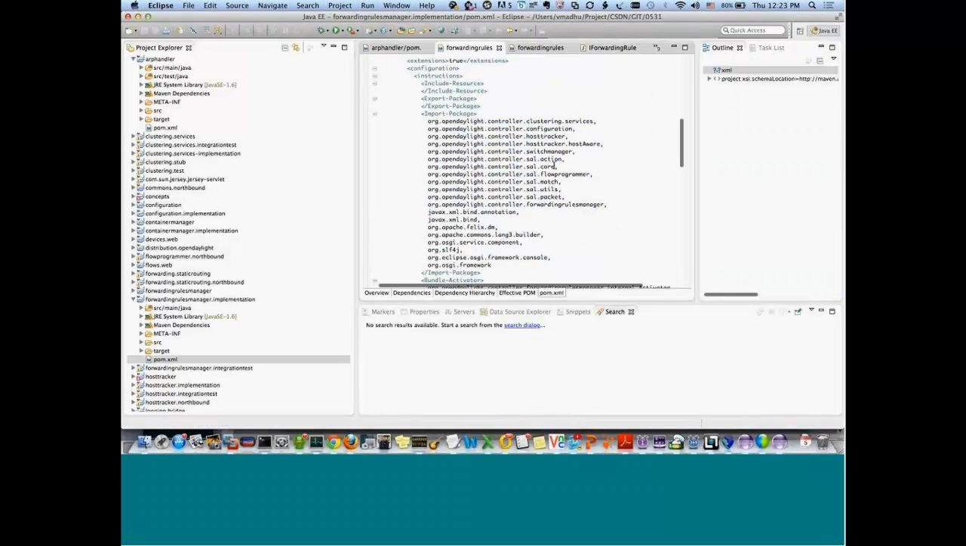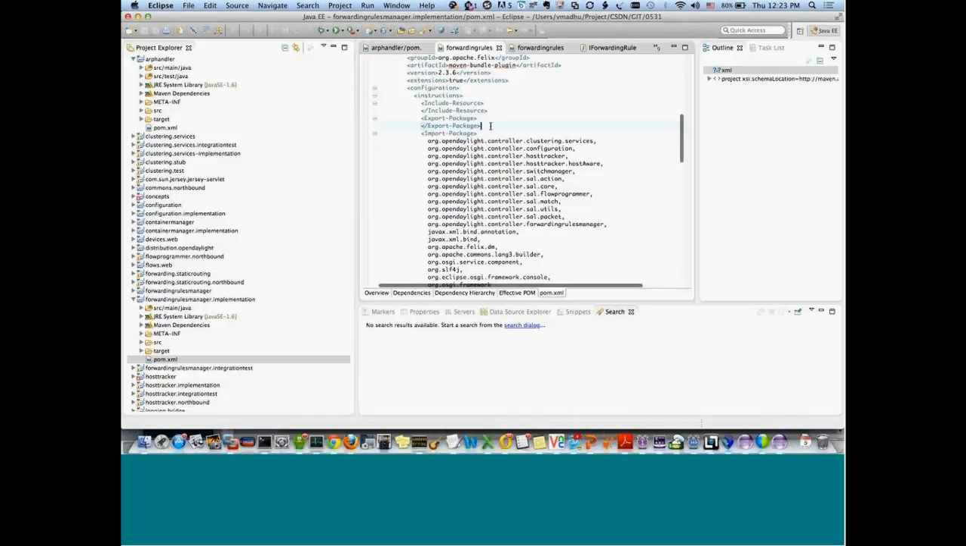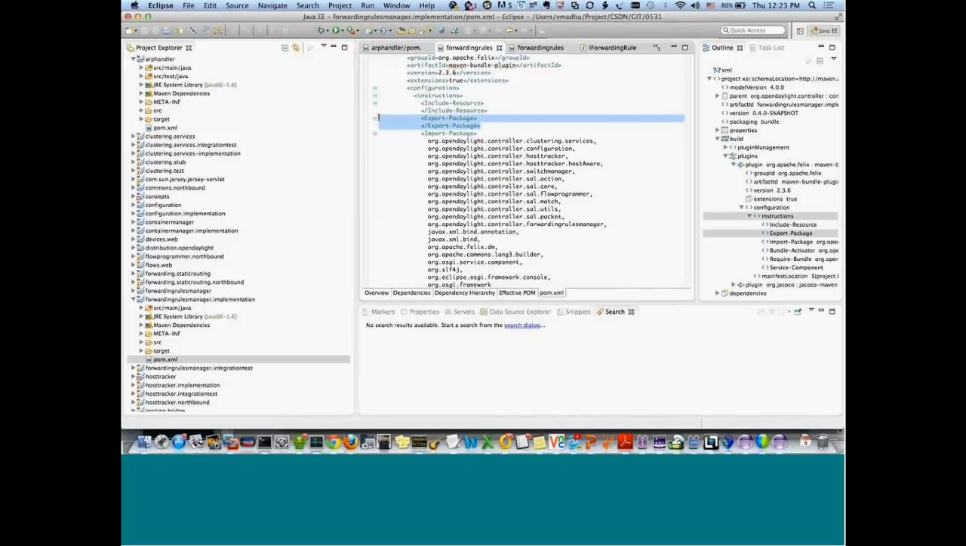Look at the form file here. You can see it's not exporting anything. That means this bundle cannot be called directly by any other bundle. It's not exporting anything, it is just consuming. But at runtime, the binding will happen. Since this is the implementation bundle, when somebody is dependent on the forwarding rules manager services, he will say, even though I don't export any packages, I export this service. That's why service is very important. Okay? So now if you go to the code,